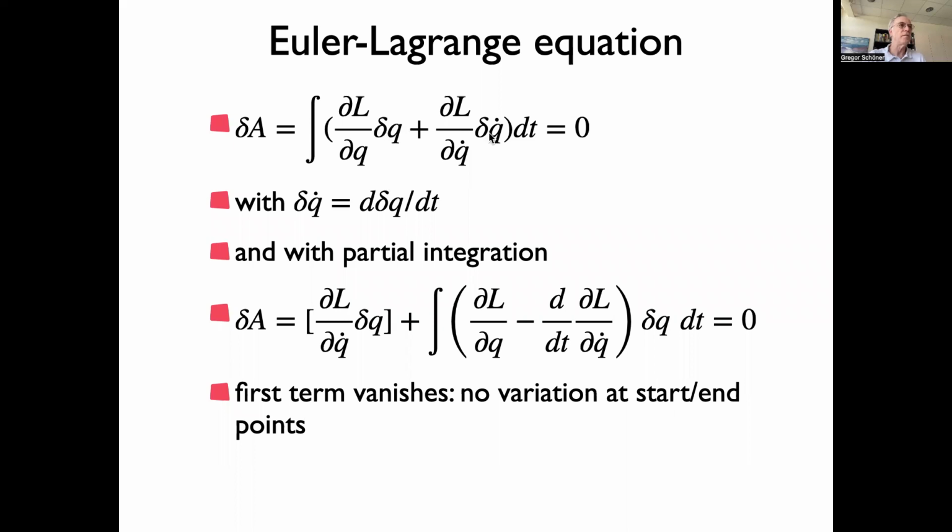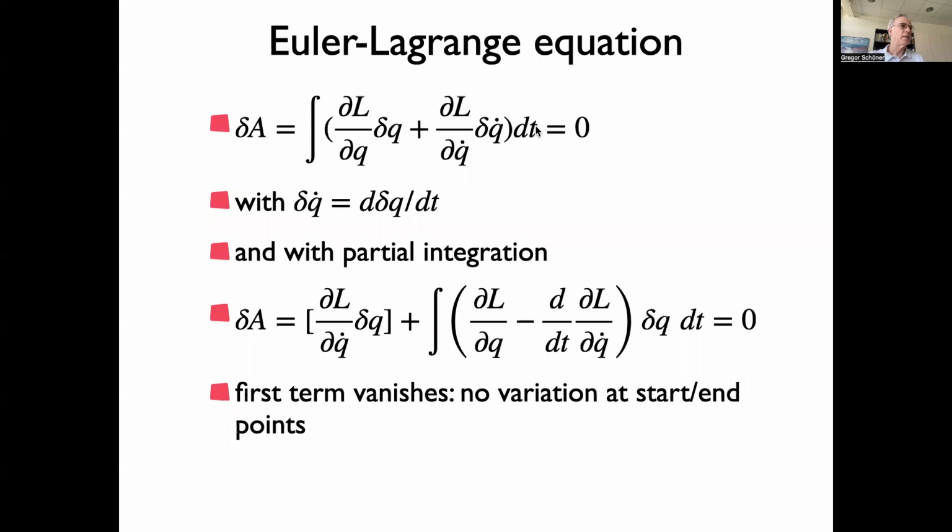So there's q in there as a function and q dot as a function. These are the partial derivatives. So I take the dL by dq. Here it's really the dependence locally for any value of q times the variation of that trajectory q, plus the derivative with respect to q dot, and then the variation with respect to the derivative of q